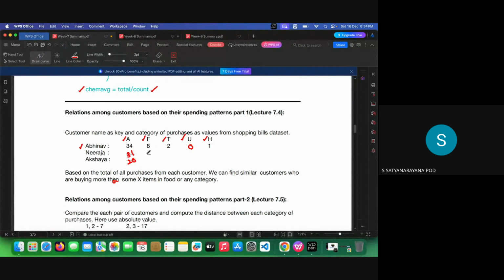And in terms of food, let me take that Nirja purchased only 3 food items, and Akshaya purchased only 2. So I want to find out similar customers in food. Similar customers in food in the sense that the difference between customer A and B